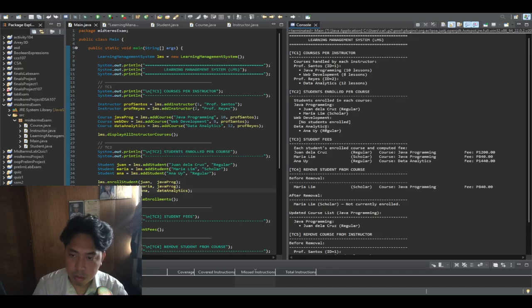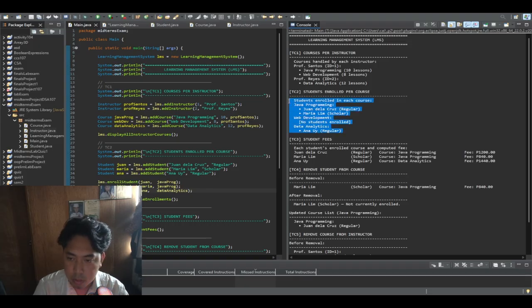Moving on to test case 2, we create three students: Juan de la Cruz as a regular student, Maria Lim as a scholar student, and Ana Uy as another regular student. We then enroll Juan and Maria into Java programming and Ana into data analytics.